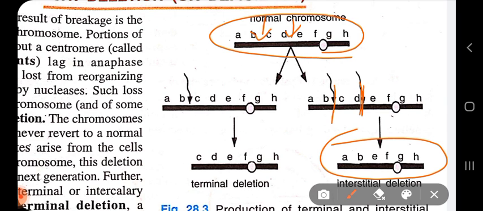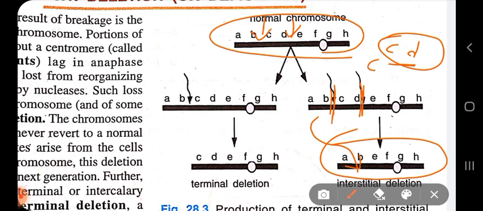So an interstitial or intercalary deletion results after two breaks are induced. So two breaks from here and from here are induced, and the terminal part, that means this AB part, then again rejoins with the main body, while the fragment that is produced, the CD fragment, is going to be lost. Why? Because it does not have any centromere, so it will be easily degraded or lost from the cell.